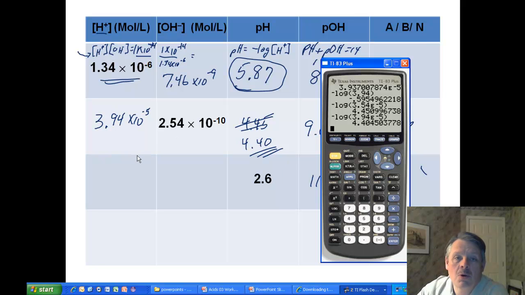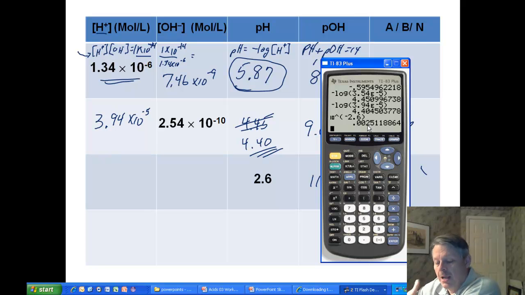Now, how in the world do I go over here to this guy? Well, the way I go over to that guy is I do the reverse of the log, which is this 10 to the x thing here. I want to raise 10 to the, and I don't want to do it to the 2.6, I want to do it to the negative 2.6. So 10 raised to the negative 2.6 is going to be